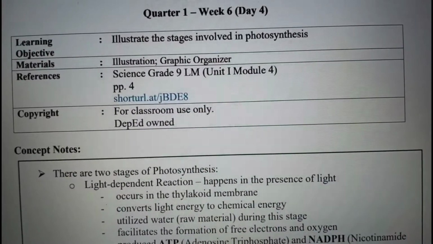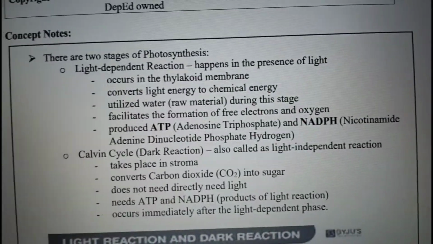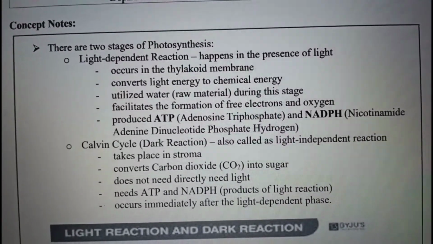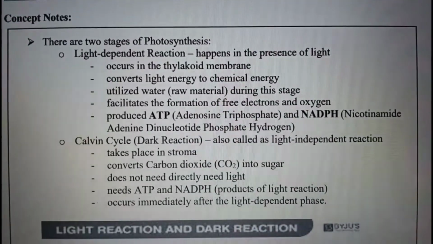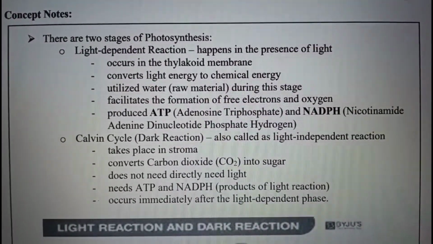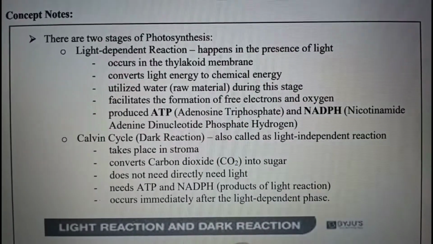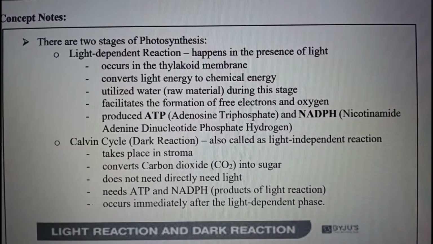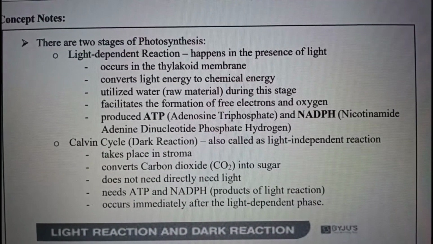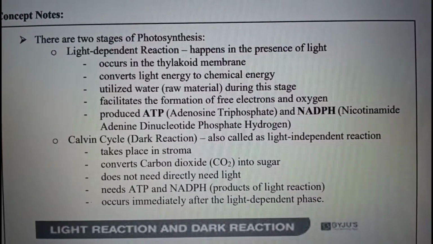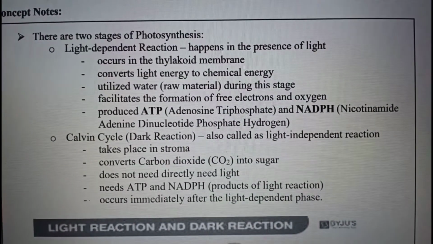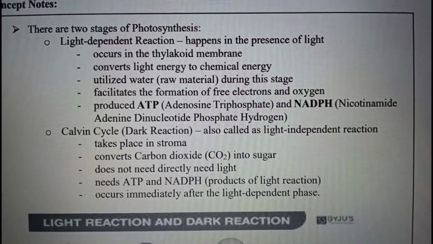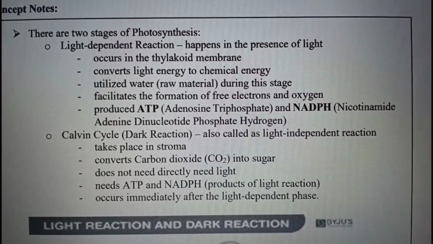The first stage is the light dependent reaction. Okay, it happens in the presence of light. So during this process, light dependent reaction again, it happens in the presence of light. That is why it is called light dependent reaction. This process occurs in the thylakoid membrane of the plants. It converts light energy to chemical energy,